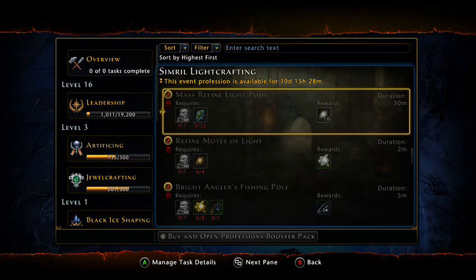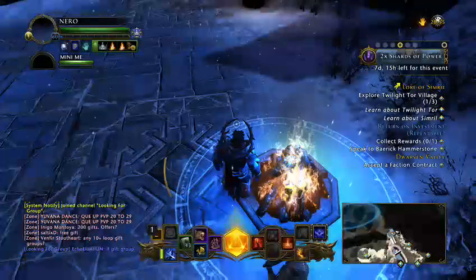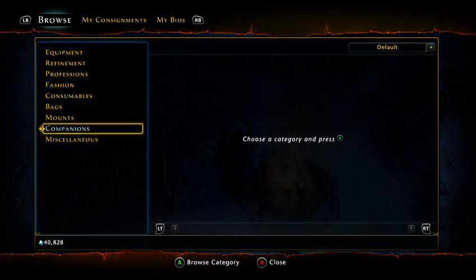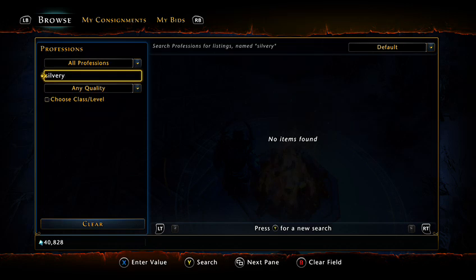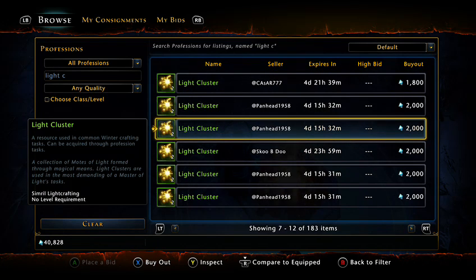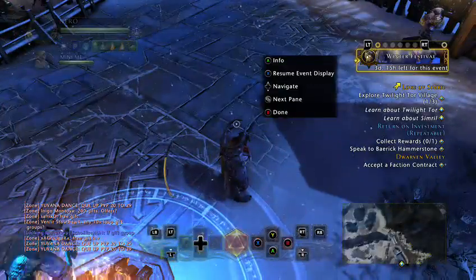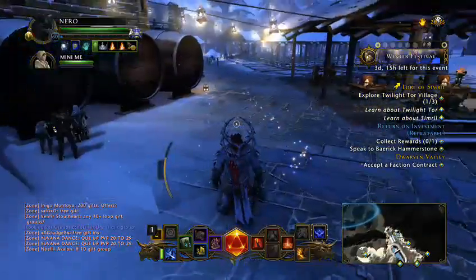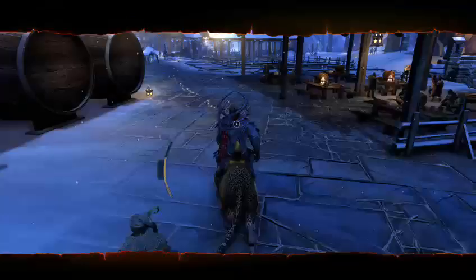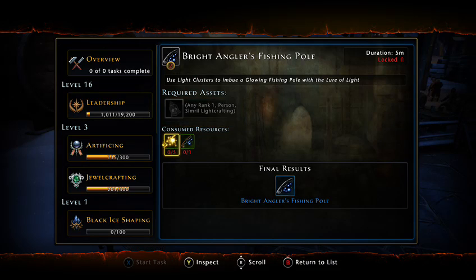But other than that, you only need fireworks. You don't really need much. Like I said, light clusters, and you can even buy them on the market, under professions. Just put in light cluster, and boom, you can get 2 of them for 1,800. At one point they were selling for like 4 grand a pop, but as the event drags on, you'll be able to get them for even cheaper. So you can buy the light clusters, but the only thing you won't be able to buy is